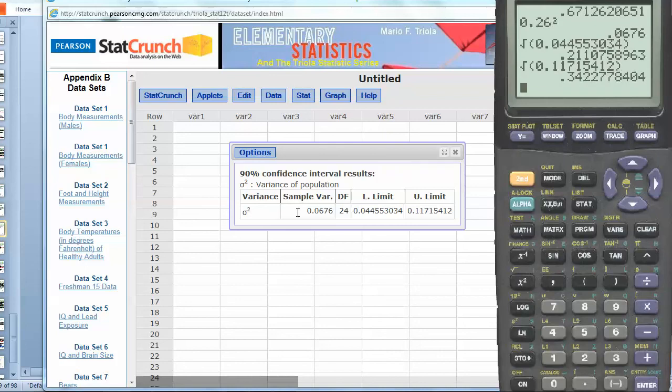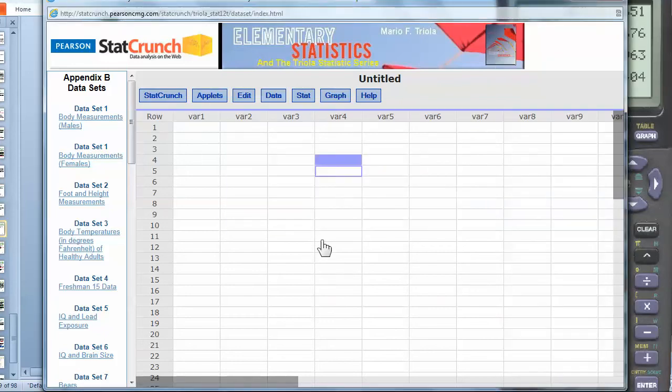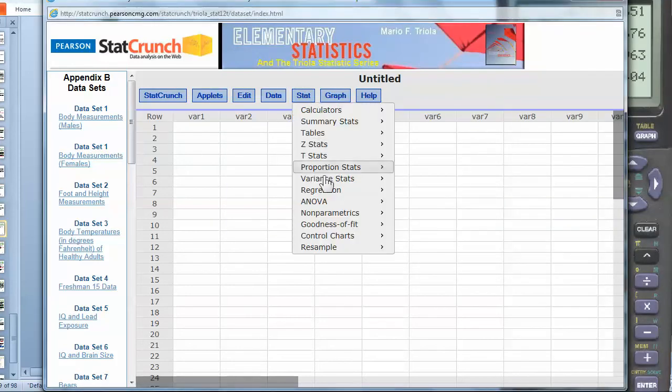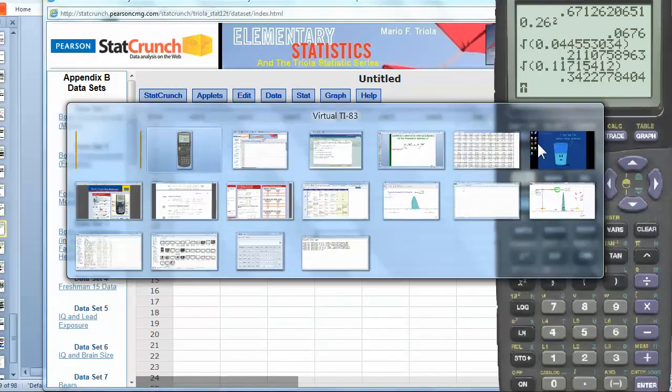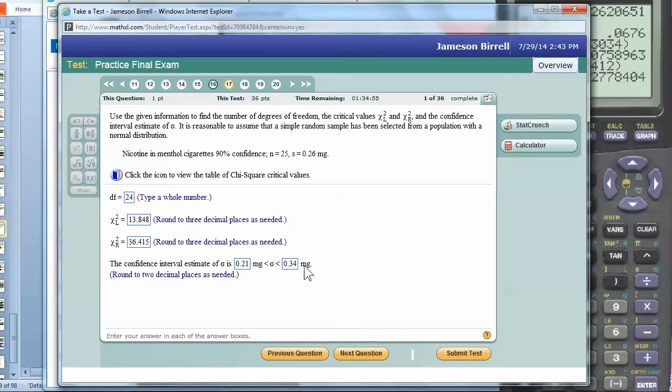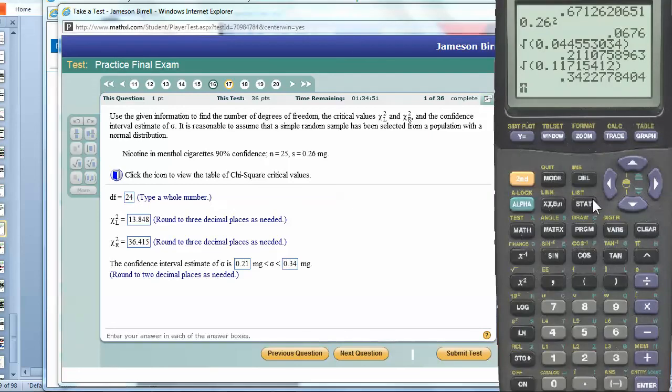So make sure that if you're going to use StatCrunch to do all the work for you, let me go through the whole list again. You go stat, variance stats, one sample with summary, and fill in the sample variance and the sample size and the confidence level and all that stuff. So there's our interval. If you're going to be using the TI calculator for this work, you probably should just go ahead and